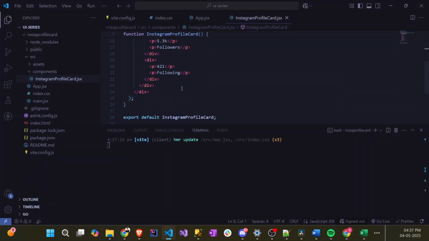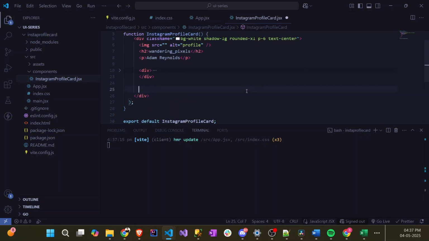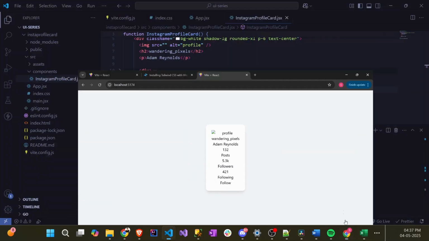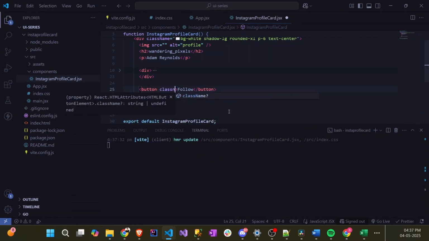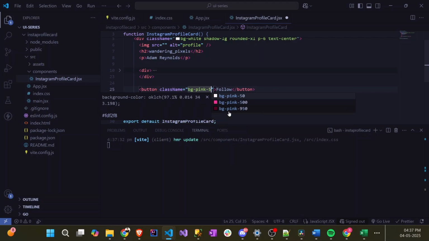Okay. And I'm just going to give a button at the end. So this button will say follow. Okay, let's start with the class names first. So let's start with the button. Why not? Right now, it would look something like this, of course, without any CSS. Okay, so what do we want? We want to give it some kind of a background color, right? So background color will be pink, say 500,